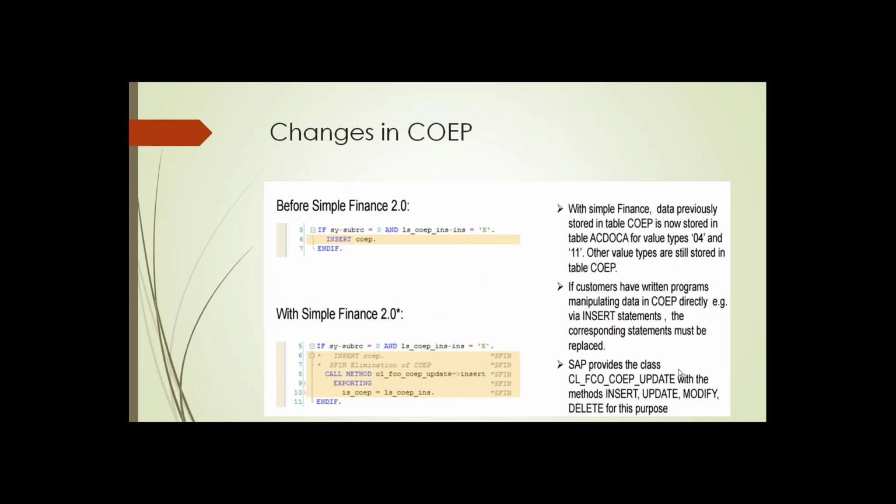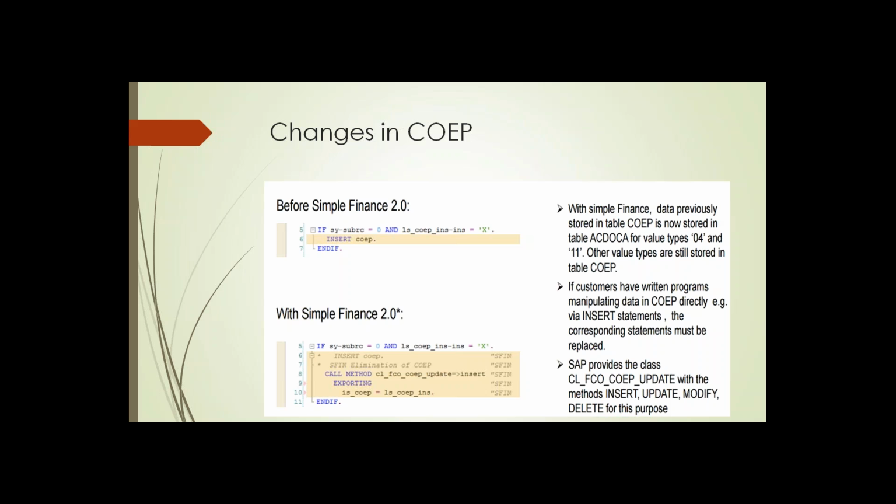This is just an example. If you are inserting some data into the table, this is the code which was used earlier if you want to insert anything directly into COEP, and with Simple Finance 2 the code has been changed. So with Simple Finance, data previously stored in table COEP is now stored in table ACDOC for value